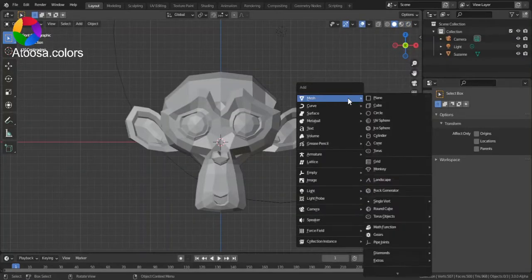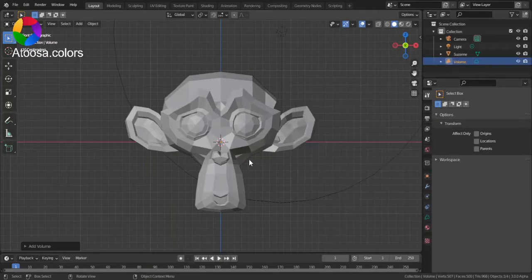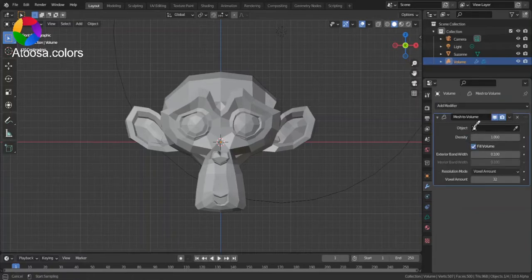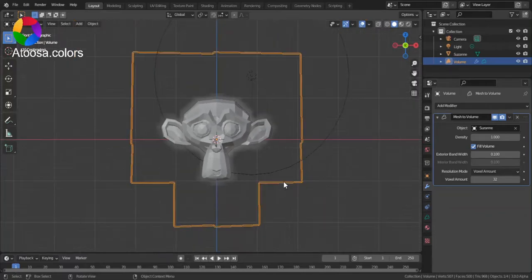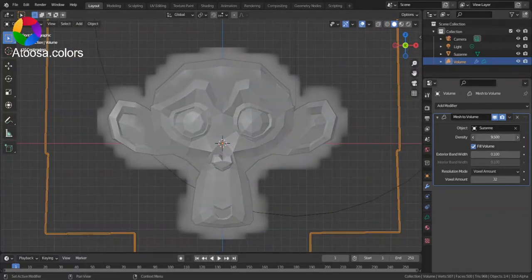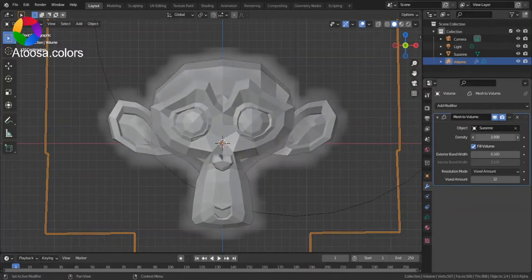So first, add an empty volume, go to modifier properties, add a modifier of mesh to volume. Then choose your object. Now you can set the density,